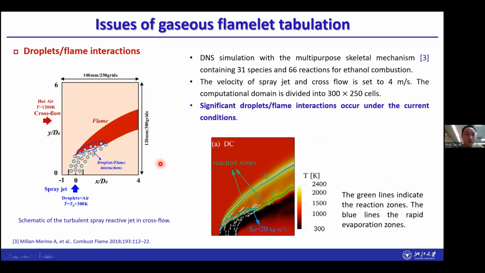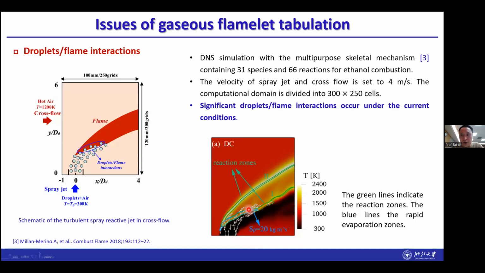If there is strong droplet and flame interaction, we set up this configuration. This spray jet in the co-flow. And here we look at the results from the direct numerical simulations. We can see this is the evaporation rate here, the blue legend, and we can see that the evaporation is overlapped with reaction. There will be two reaction zones here,